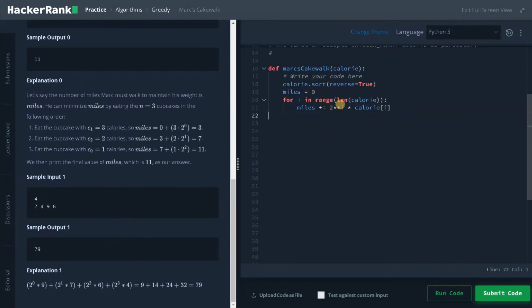For each iteration we are incrementing i by 1, so it automatically helps us do the computation in the formula. That's why I use this range, or else you have to create a separate variable. So this will be much simpler. And after iterating this array we will be returning miles. So return miles.